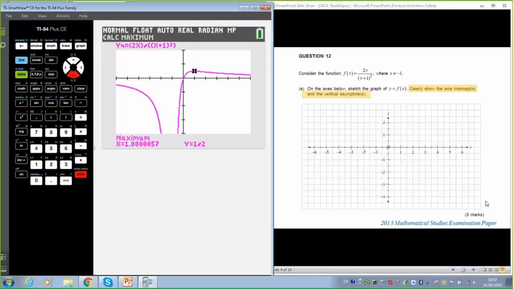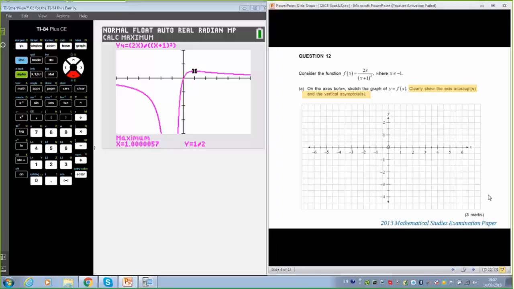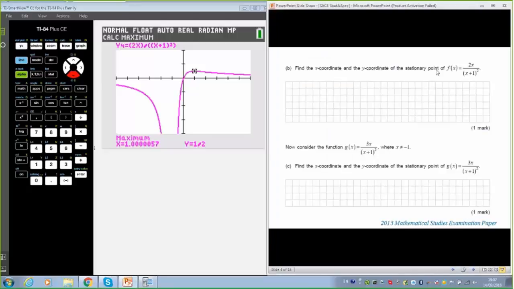All right, moving on with that question. So then it says find the x-coordinate and y-coordinate of the stationary point. Okay, so it's only 1 mark. This is back to what we said before. Well, it's the stationary point, so there we go, we found it. And we'll be able to write that down again, encouraging the students to think about why it is giving us this. And that is 1.